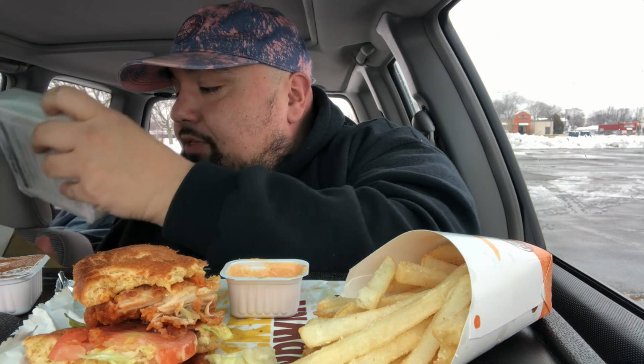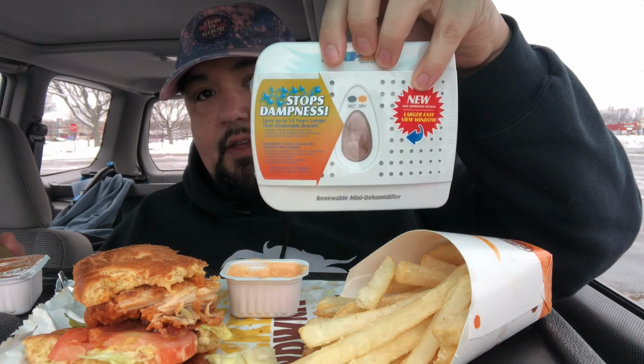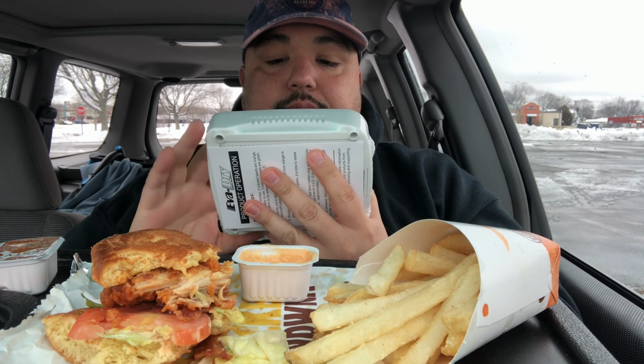So the cool thing about this is it's called the Eva. I like that, the Eva Dry. It comes with a little hook. So where I was gonna put it was somewhere like this. I don't know if you guys can see that. I was gonna hang it like this, probably in the back window. And so the cool thing with this is,